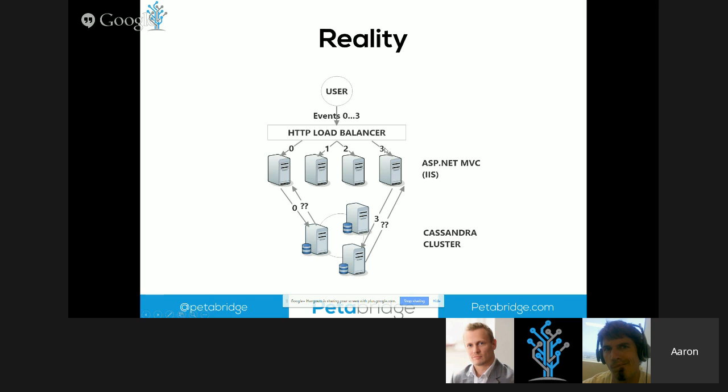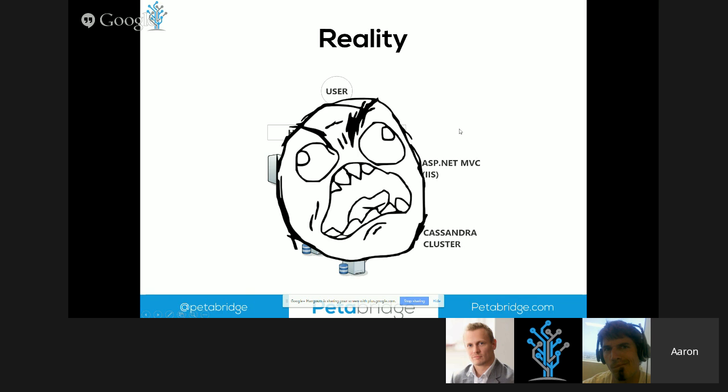And then events 1 and 2 would arrive at the exact same time, and they would race to see who would get written to the database first and read back. So the truth was that no matter how many times we tried, even if we changed the consistency settings on Cassandra to use full consistency, which would make this application use substantially more resources than it would otherwise, it still didn't fix the problem. Even if we tried using SQL Server instead of Cassandra here, we still would have had